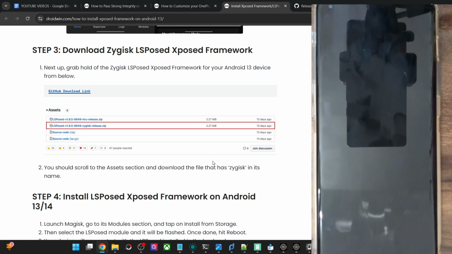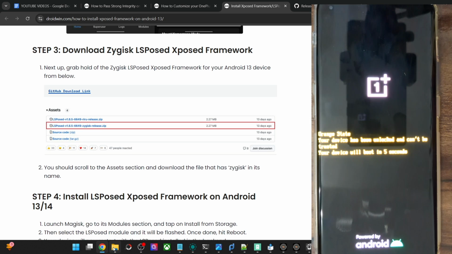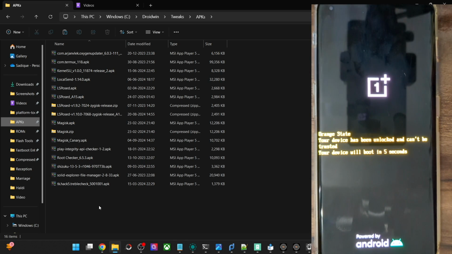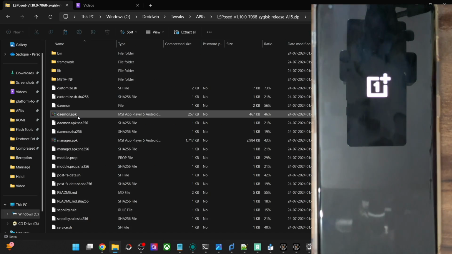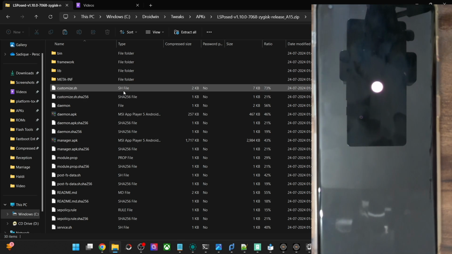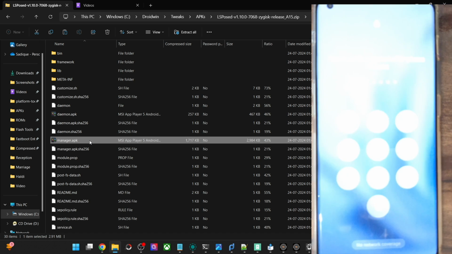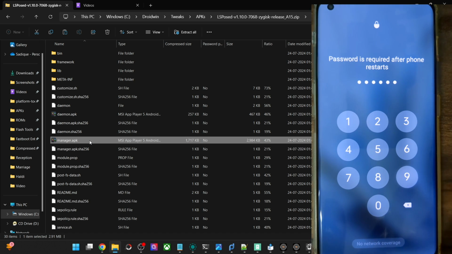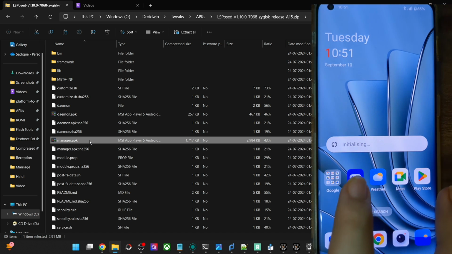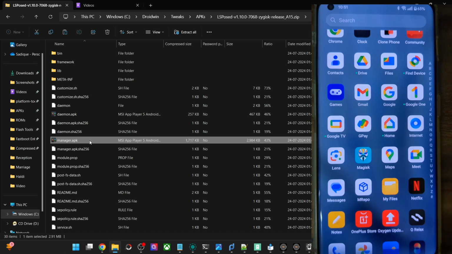The APK file is there inside the LSPOS zip file only. So you just have to extract the LSPOS zip file and you will get the APK file. You can either extract it onto your PC or directly onto your phone. For example, let me show you. This is the LSPOS app, and over inside that zip file, you will get a manager.apk file. You simply have to install this APK file, and with this, the LSPOS will be installed onto your phone as well in the front end. So let's do that as well.